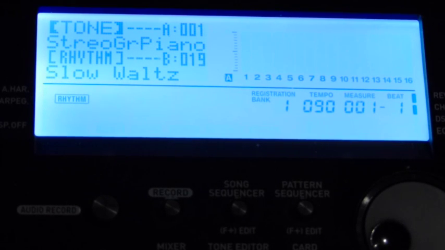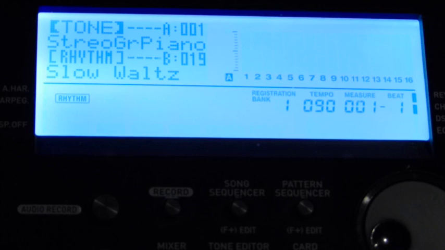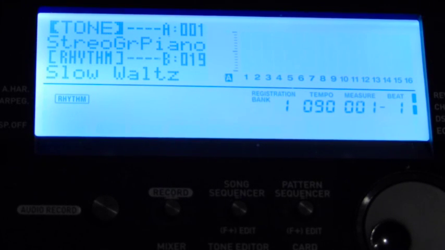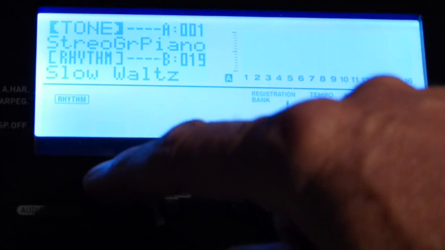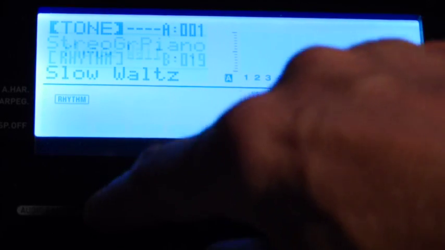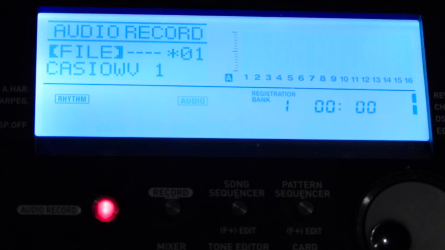And that's audio recording. Now, if you're just going to play the keyboard in, then it gets a lot more simpler. Today I combined everything so I could show you what you can do. Today I combined a MIDI recording, I combined a live guitar recording, and then recorded both at the same time to an audio recording on the SD card. But if you want to just record audio from the keyboard, if you're just going to play a piano solo,